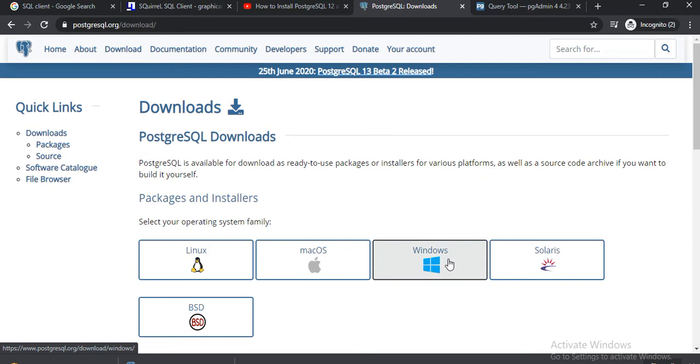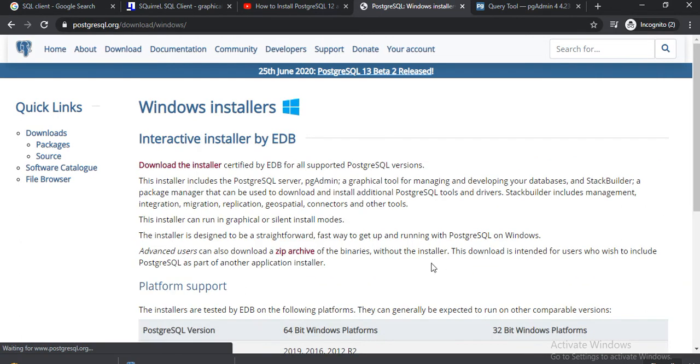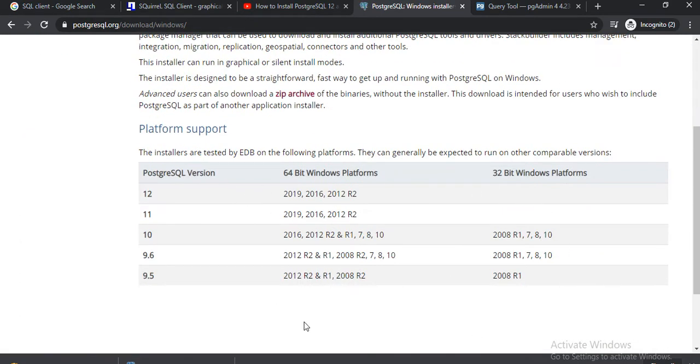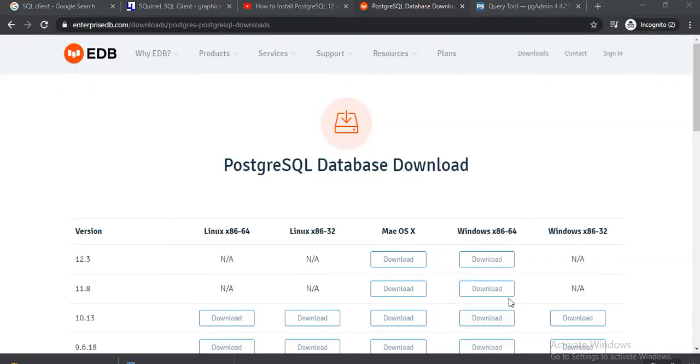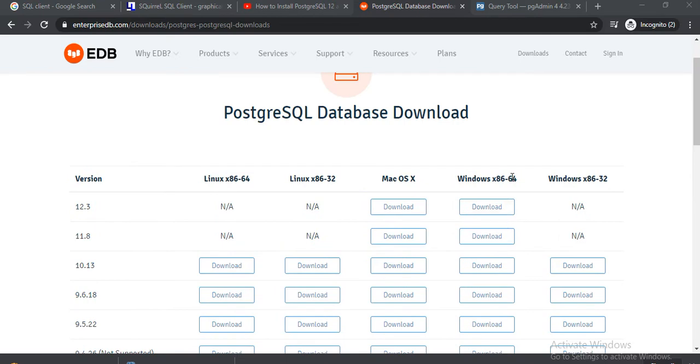Your system is a Windows system, so click on Windows, and these are some of the important versions that we have. As I mentioned, based on your system, you need to select your version. Click on the option to download the installer. Here we get the options for Windows 64-bit and Windows 32-bit.